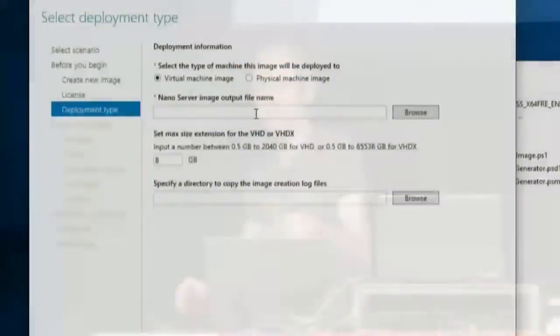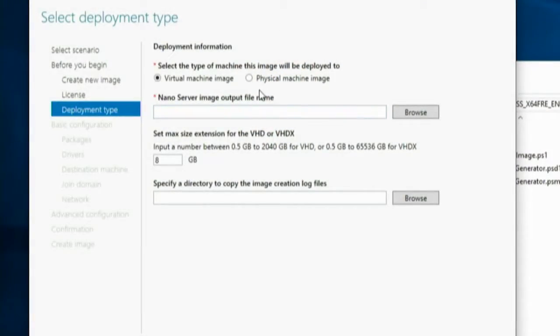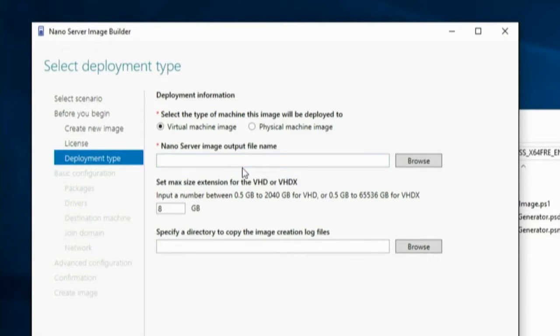So I'm going to create a VHD. If I select physical machine image, this will not boot in a virtual machine because it will not have the drivers, the services, and the infrastructure necessary to boot in a virtual machine. If I select virtual machine, which is what I'm going to do, it will not boot on a physical computer because it does not have the drivers and infrastructure needed for that. So I'm going to stick with virtual machine,